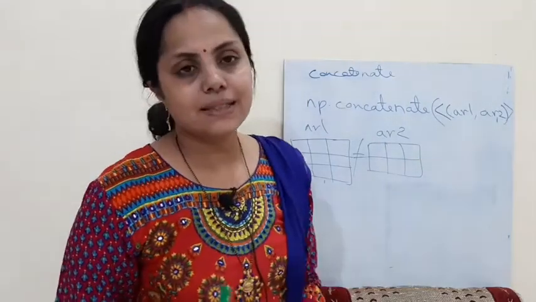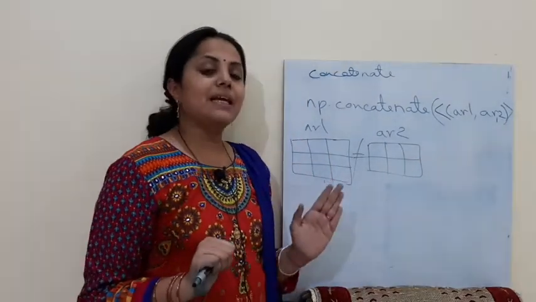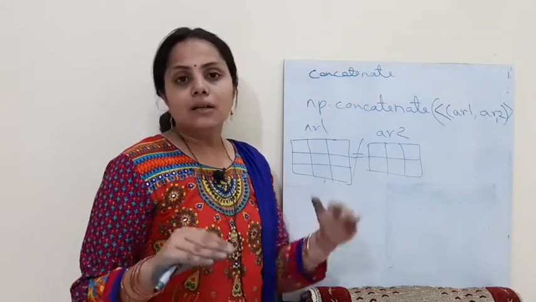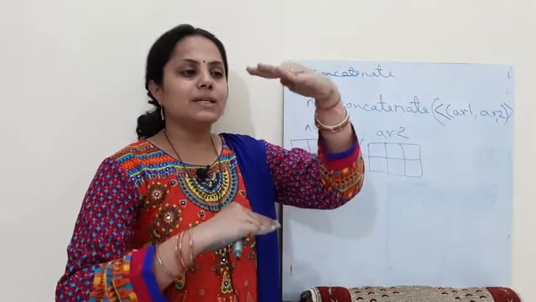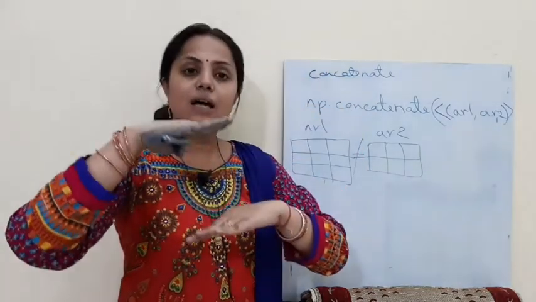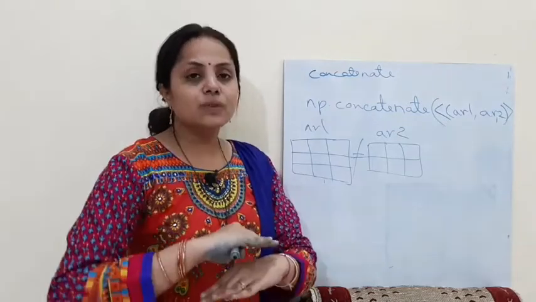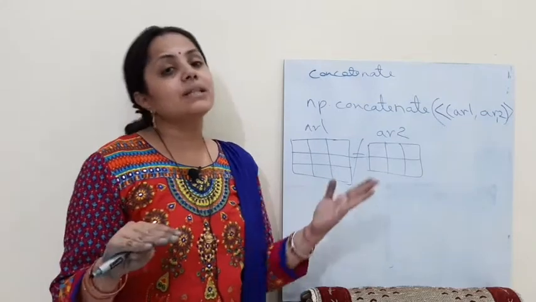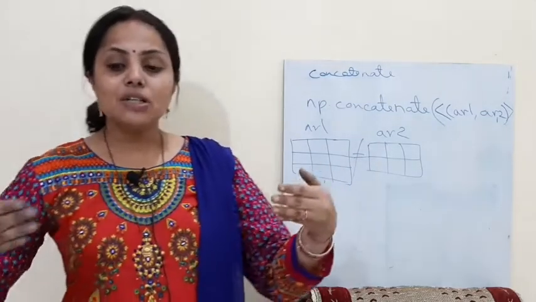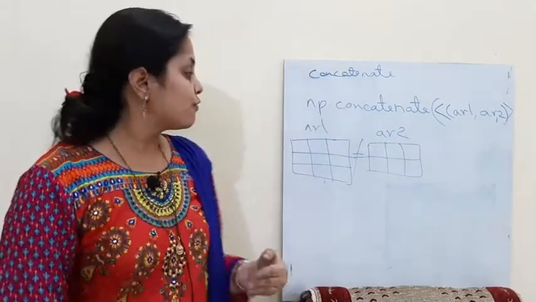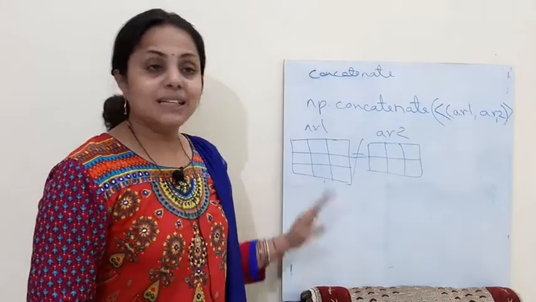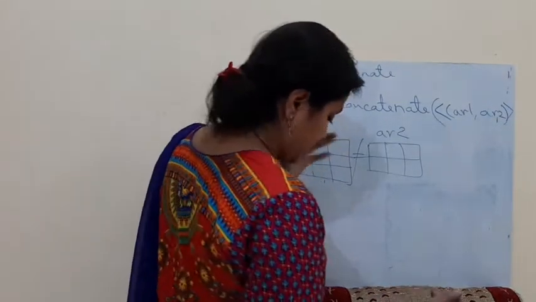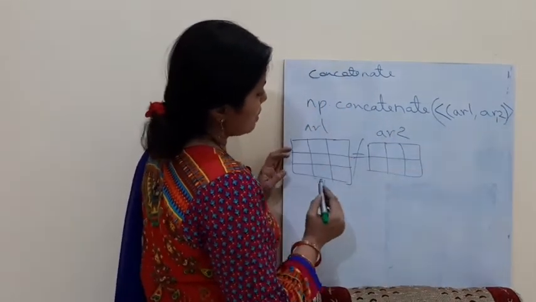By default we take axis as 0, and when I am taking axis as 0, that means I have to join the arrays vertically. That means I am placing them one over the other. When I am placing them one over the other, the number of columns should be matching, and if I want to join along axis 1, that is horizontally, then the number of rows should be matching. This is something that needs to be kept in mind while joining.